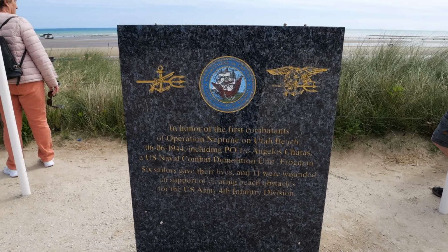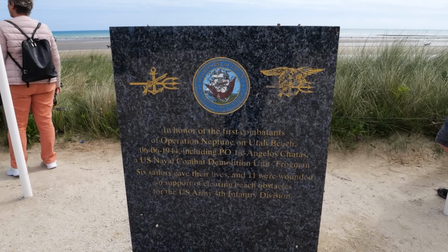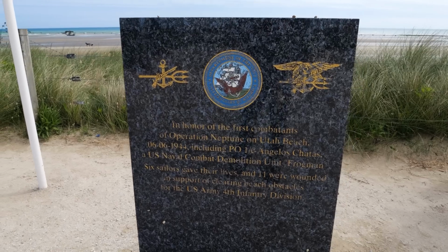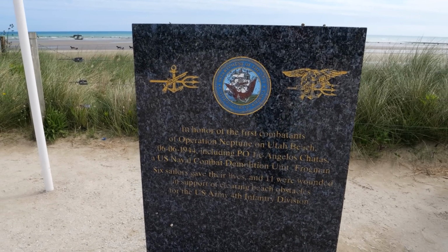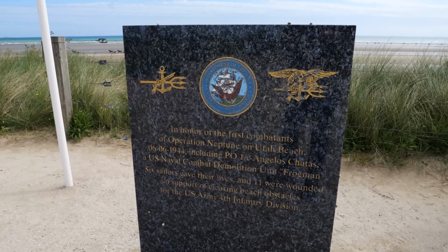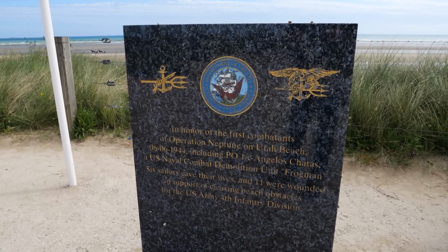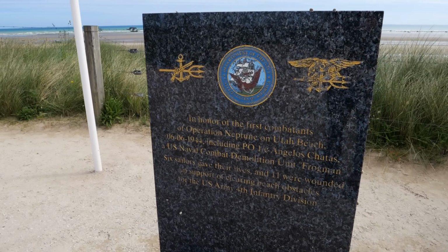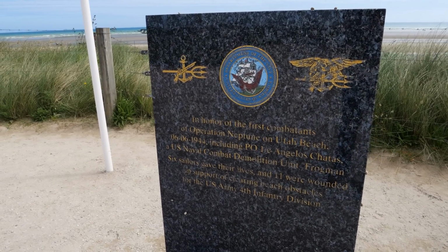I've moved up here to a high point that overlooks Utah Beach, and there are several memorials up here, and we've shown some of them before on prior episodes of History Traveler and American Artifact. This one in particular I don't think we've shown, though. You can see that it reads, in honor of the first combatants of Operation Neptune on Utah Beach, 6/6/1944, including